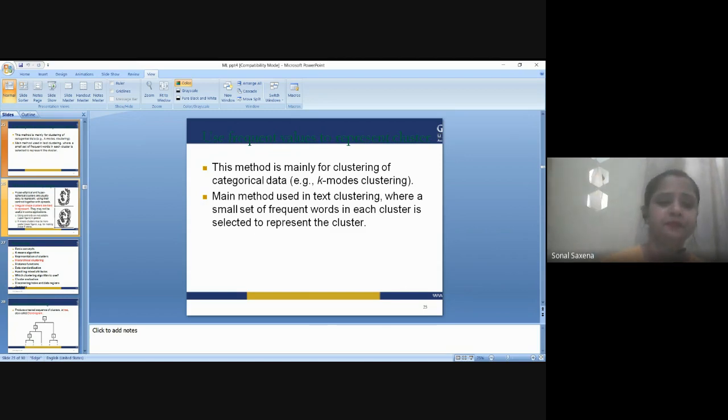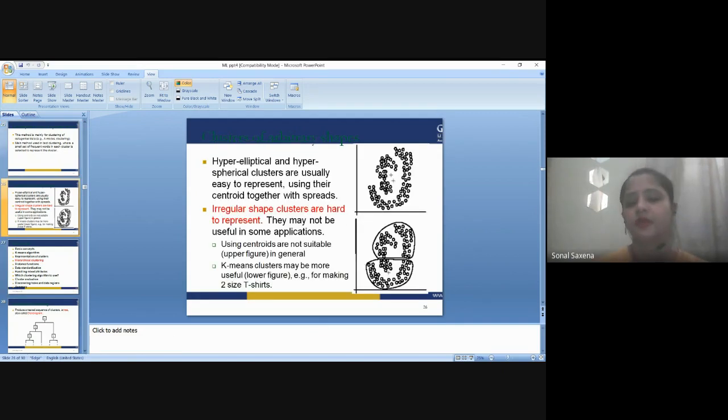Okay. Now, the next one you see is clusters of arbitrary shape. Here you can see the arbitrary shapes of clusters. Now see, this is the major problem: you cannot find a centroid. Like this one is a separate cluster, the C shape that you can see here, this small C shape. It is a cluster. So in these particular situations, you cannot find the centroids. It is very difficult to find the centroids.